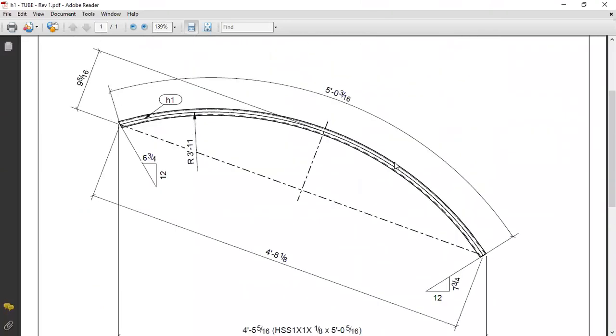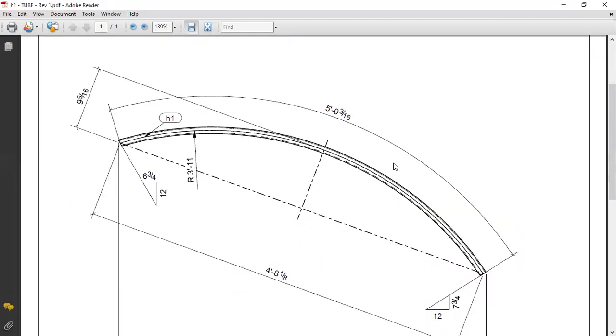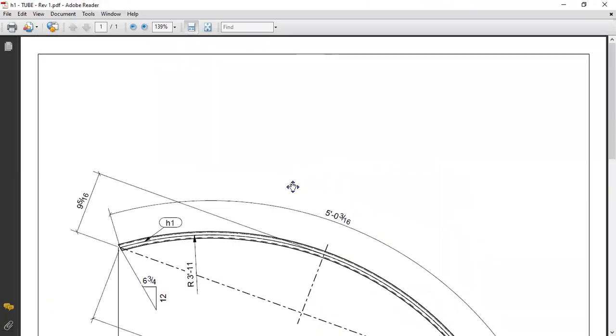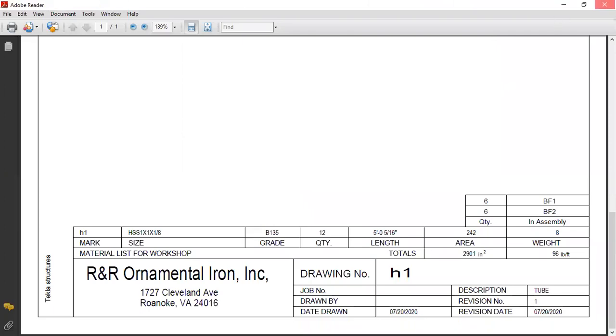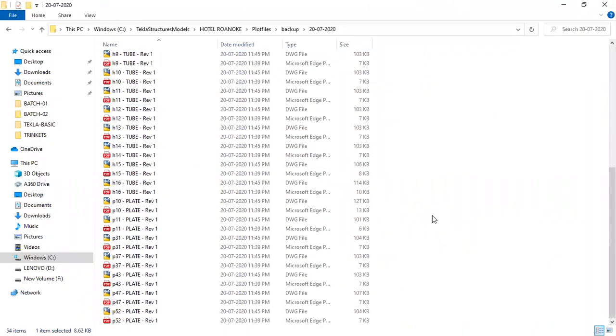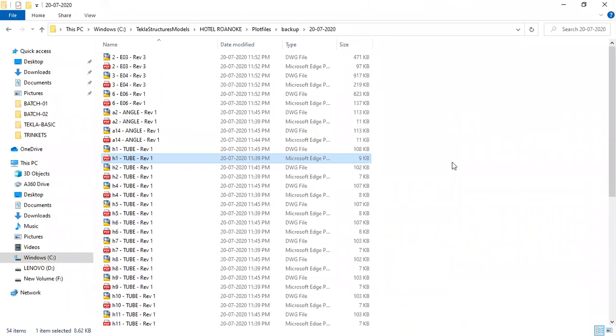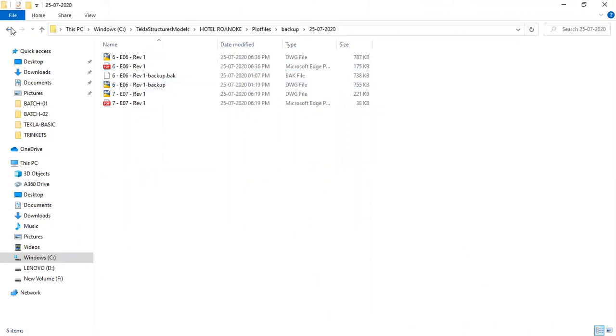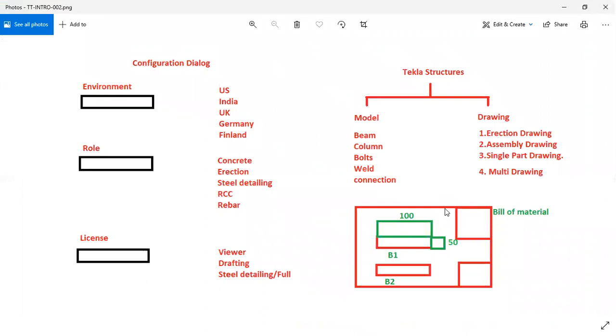Actually this is a part drawing, a single part drawing. We don't have an assembly in this. Similarly, we will be having assembly drawings as well. Those are what drawings look like.